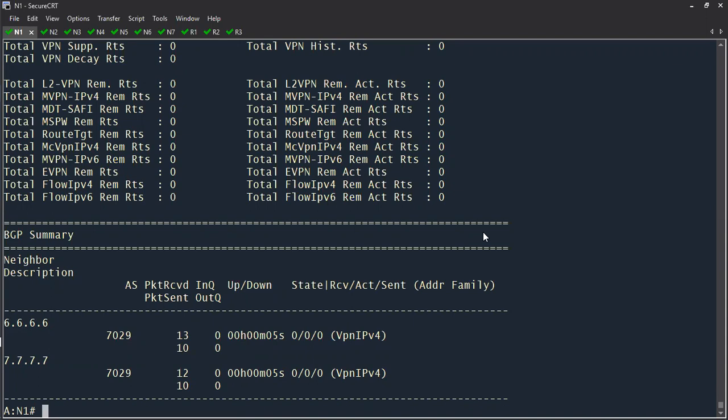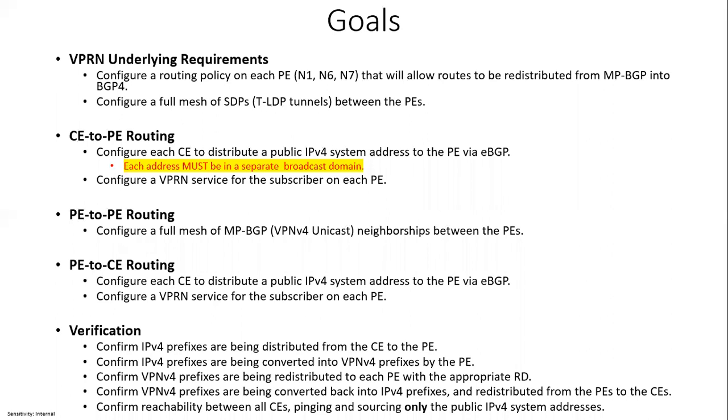If you do a show router BGP neighbor advertised routes. I'm trying to think if this would be a good time to go over debugging. No, we'll do it after our verification, because we're pretty much done at this point anyway. So we could do it after the verification. So let's